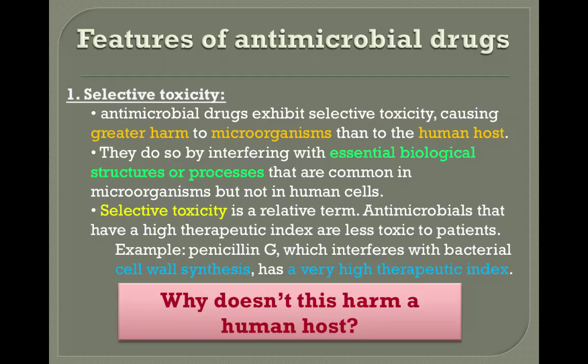Remember when we looked at microbial control, we were looking at those different chemicals, whether it was a sterilant or a disinfectant, etc. And we had to take certain considerations regarding which type of chemical we were going to use. How toxic was it? How many microbes were present? What kind of microbes are present? How big was the area that we have to clean up or disinfect or sterilize? What was the purpose? So now when we look at antimicrobial drugs, we have to look at some of those same considerations. So I want you to relate what we've already studied to what this current unit is